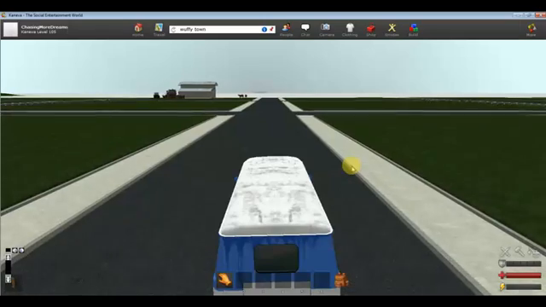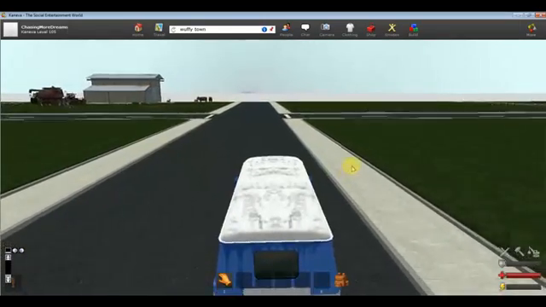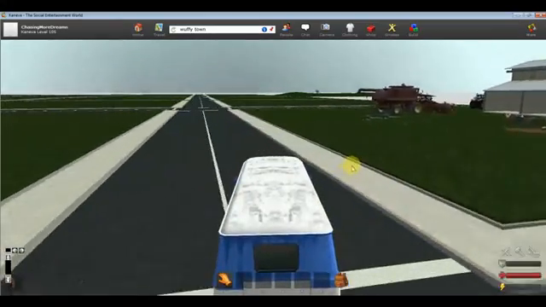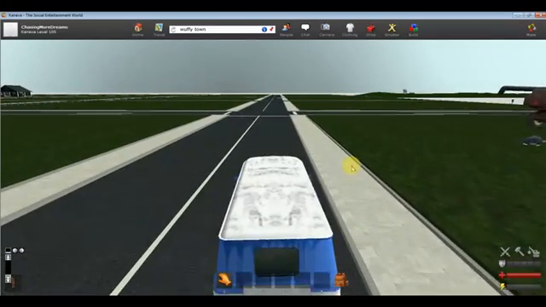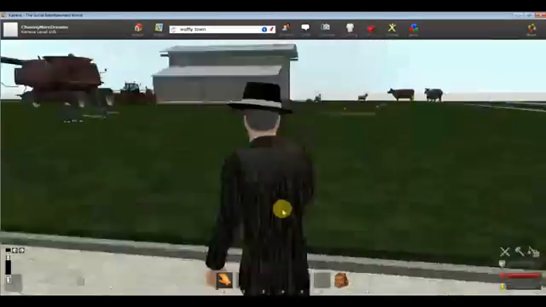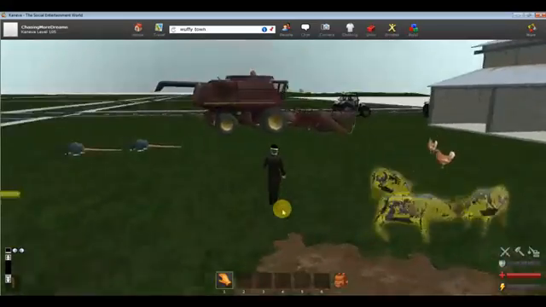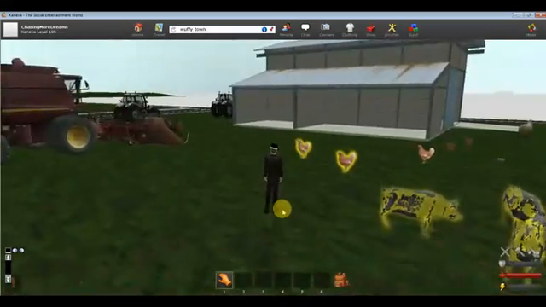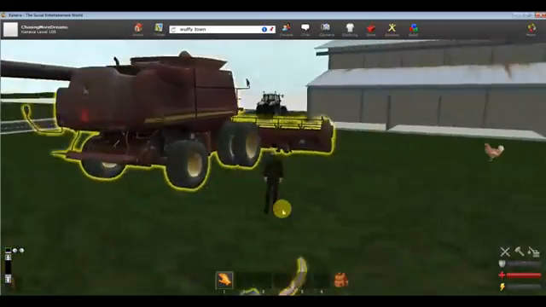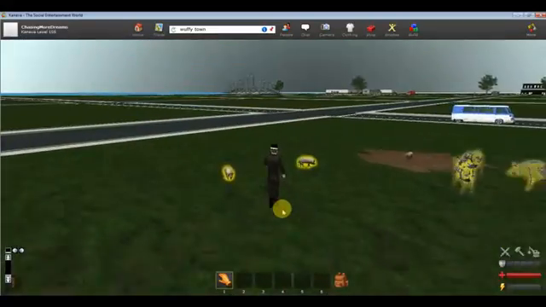I see a cow. I see a tractor. Oh, there's sheep as well. And chickens. What else? Oh, some big rats. They look mean. Okay, let's get out of this. There's all sorts of rats. We've got pigs. We've got bigger pigs. We've got chickens. We've got a combine harvester. Now that'll be an interesting one. We've got cows there. We've got small pigs,